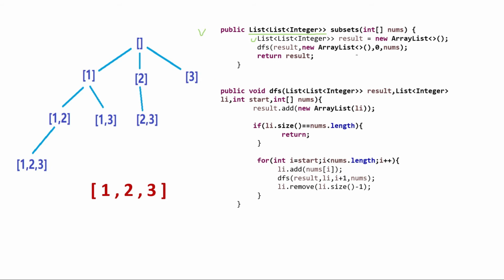And what do I have to pass? The result list we can pass, then a new array list, and then a number 0 which is used for indexing purposes, and nums. So why is the new array list required? Because somewhere we have to hold the result at each and every step. If you check here, we are removing and adding a result in a list, and then we are collecting every time. That purpose will be solved by this new array list. So we are passing it.